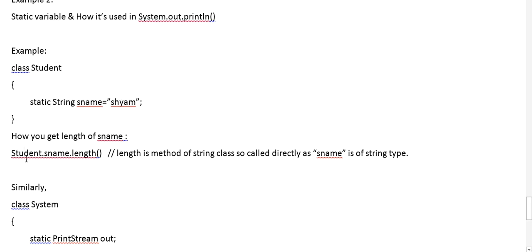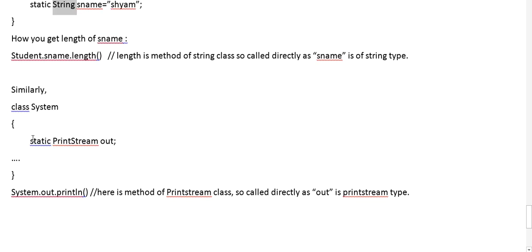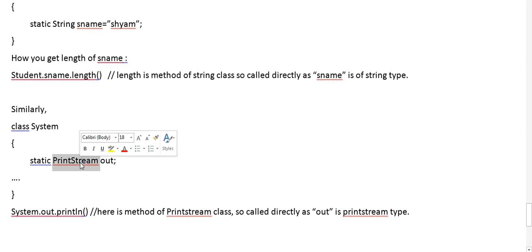So Student dot the object name, then length. Length is a predefined method in the String class. String is also a predefined class in Java, like PrintStream is a predefined class in Java. Similarly, if we have an instance called out of PrintStream type which is static, like here we have sName of string type which is static, then how will you print it?